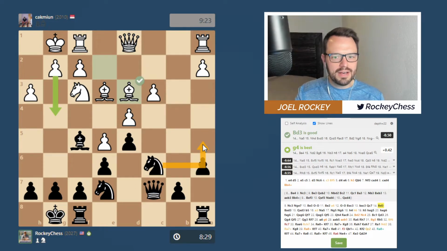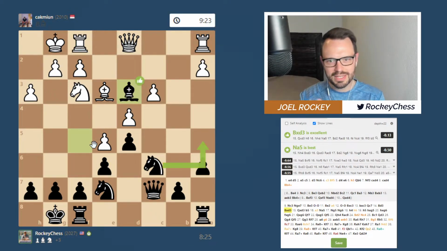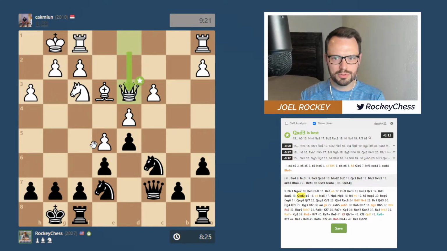Just play knight a5. The idea is they can kind of advance your knight. So I'm not really worried about my opponent taking here because I can take back. So playing inaccuracies a little bit. Of course it wasn't like a horrible move, but